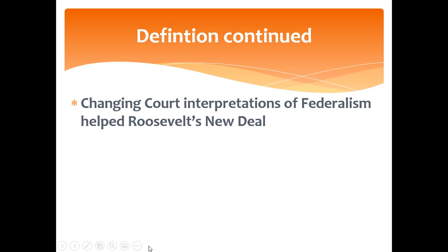In 1937, the Supreme Court issues a series of decisions that lays the groundwork for a stronger federal government with the power to regulate commerce by limiting corporations' powers, and it gave the federal government more power to protect the welfare of the citizens. These rulings spelled the end of dual federalism.